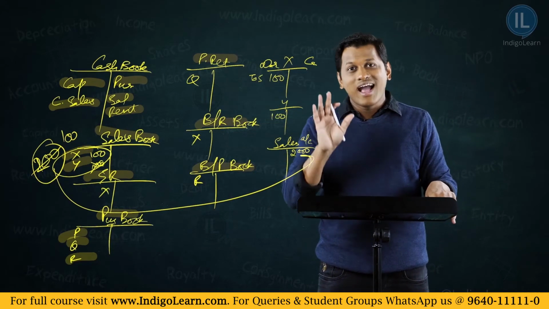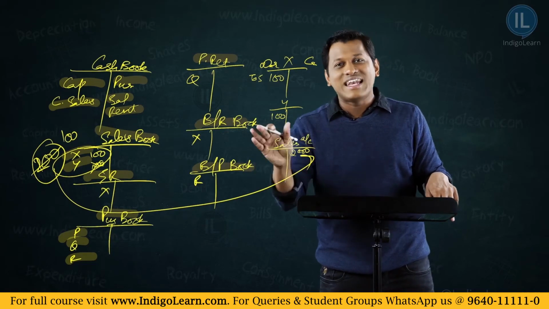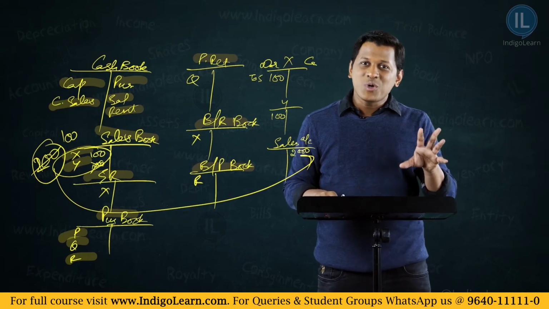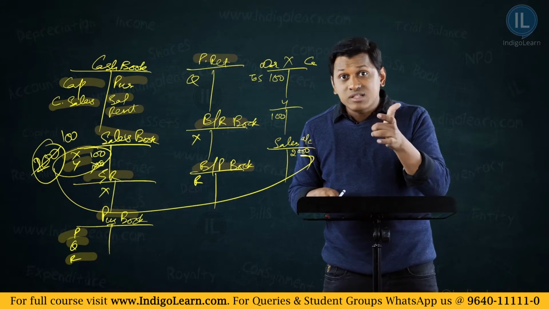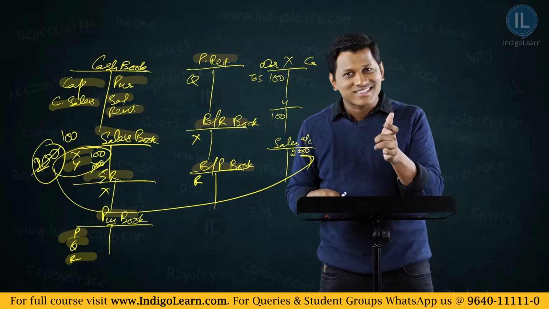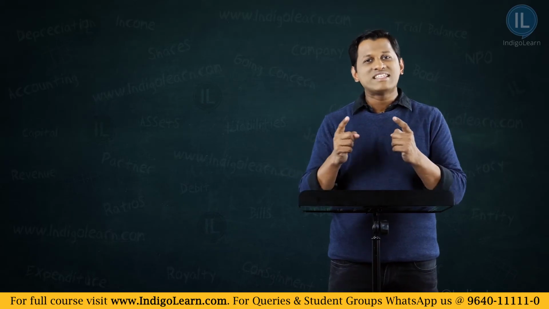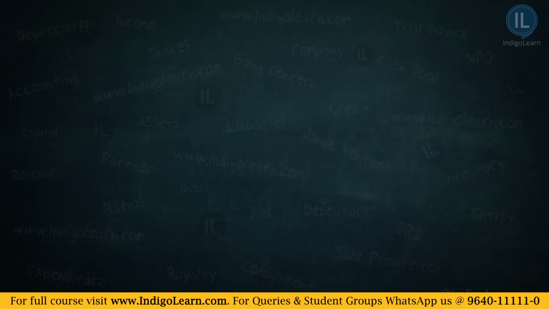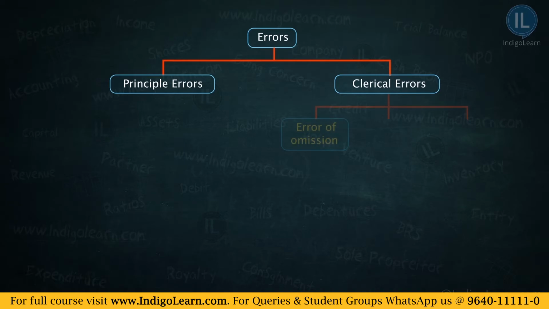Friends, please understand, ultimately accuracy is much beyond just a tallying of trial balance and balance sheet. So in this rectification of errors, we are trying to understand how these important aspects need to be fixed. Now we will just see a summary of all these different types of errors. I told you that one category is errors of principle and the other one is clerical errors. Under clerical errors, we saw error of omission, error of commission and